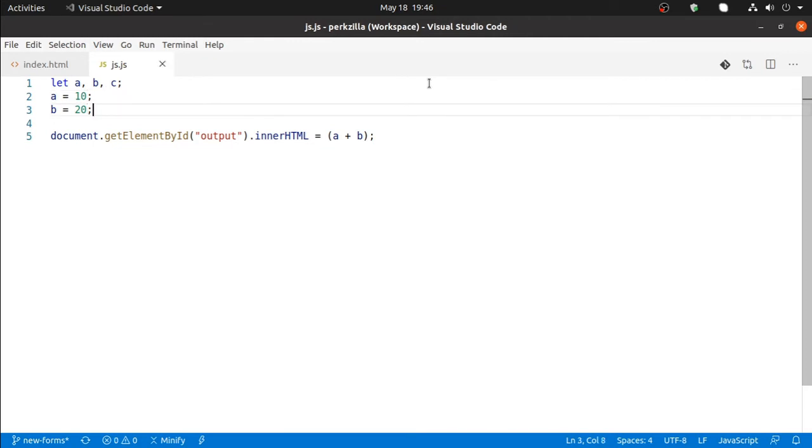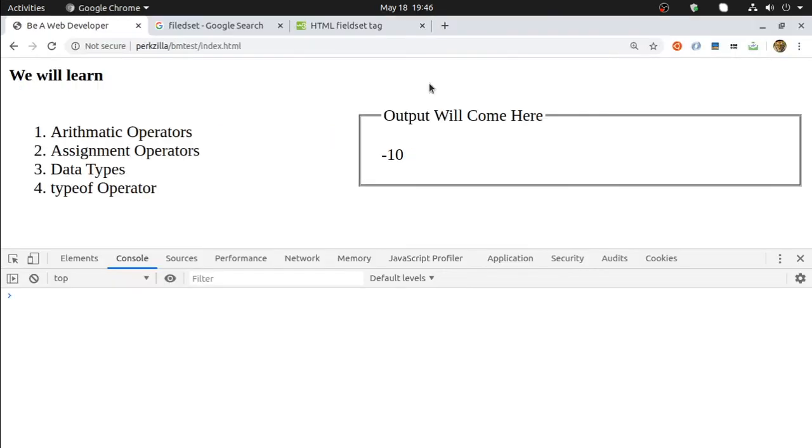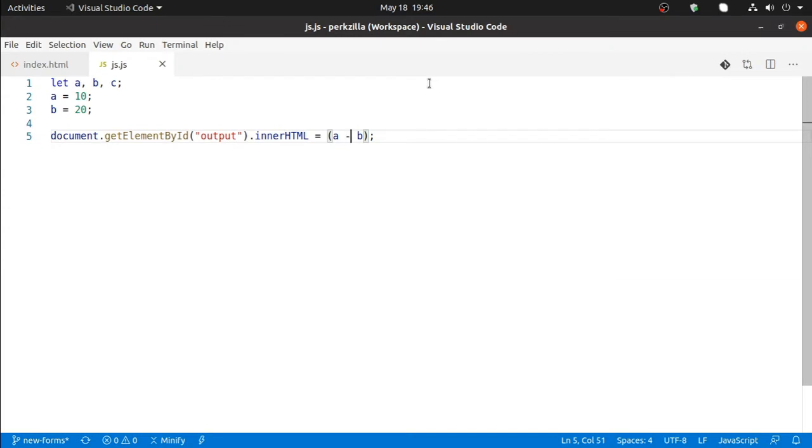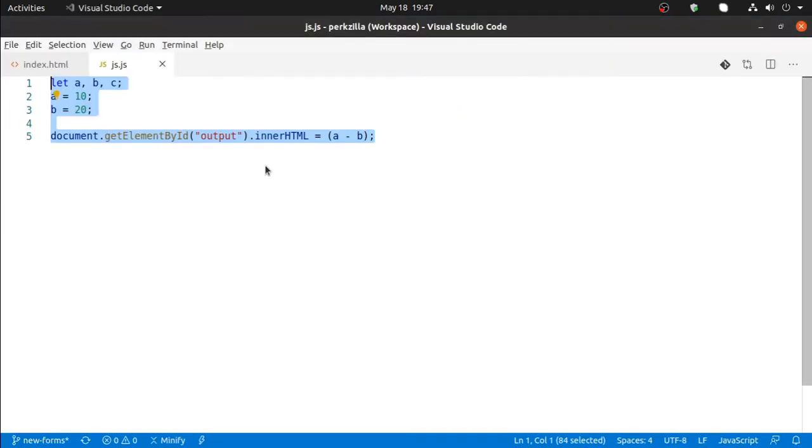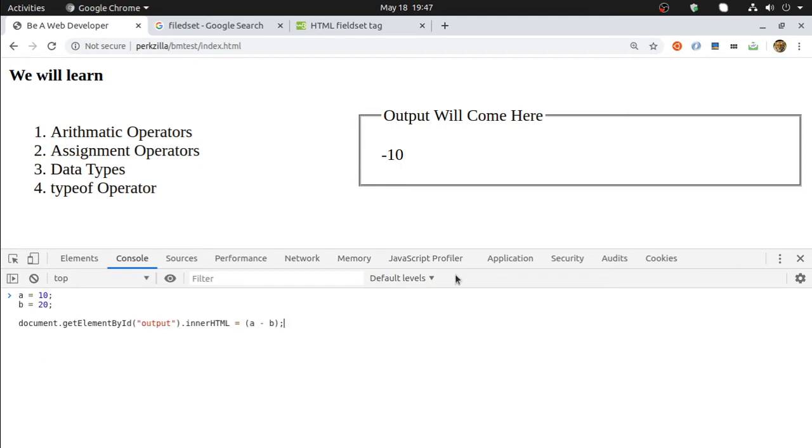Plus is plus, you know what the use of plus is. Plus is for adding things, and minus is for subtracting, and then we have multiplication. Let us do something here very quickly. I'm copying this entire thing and pasting it here, and quickly I can display things. Syntax error identified, a has already been declared. It has already been declared in my JavaScript, so I cannot declare it again. So I can just copy this thing in my console, and this is fine.